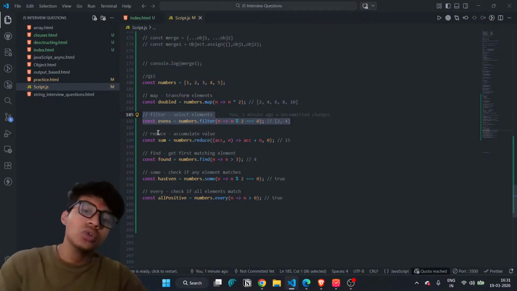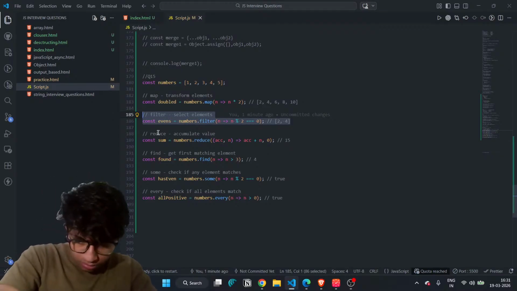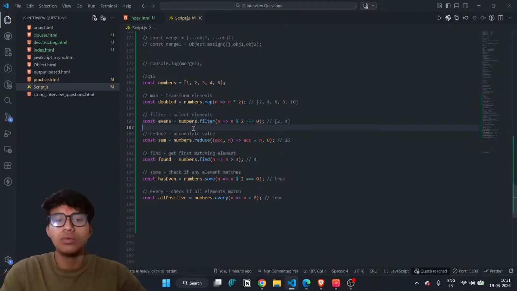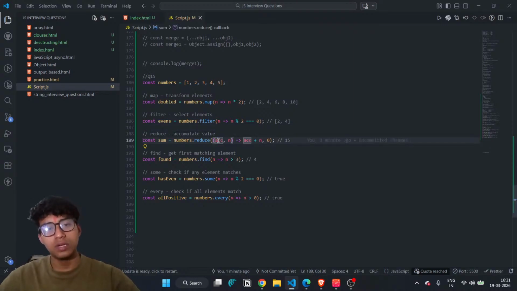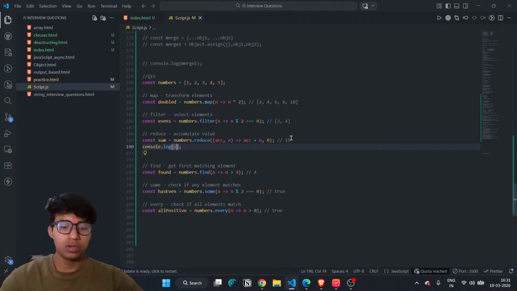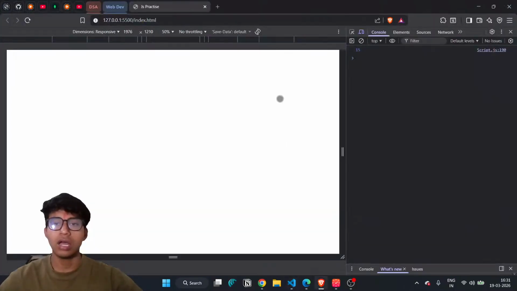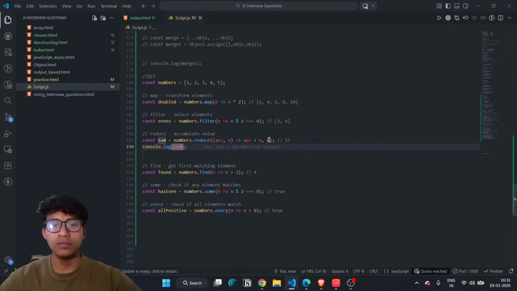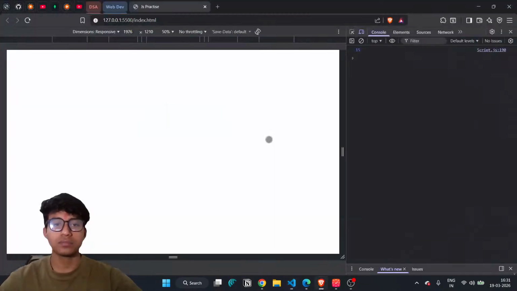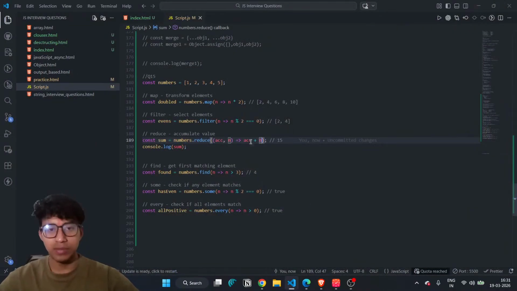And reduce is just used to combine the elements of an array. Combining the whole array, so here sum came: numbers.reduce with acc and n, acc plus n. Every element keeps coming here and keeps getting added inside it, and it starts counting from 0. Simple. And if I simply print the sum, go to the console log and check, the answer is 15. And what if we simply remove the 0 from there, the output will still be 15.